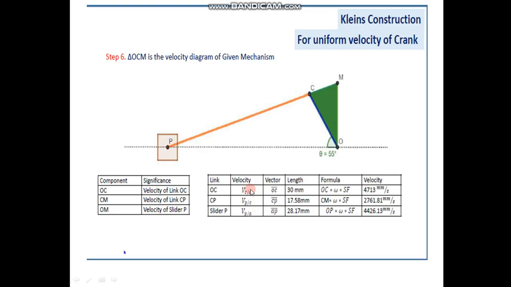So here velocity of C with respect to O, that is the crank, is equal to this OC length. That's why we multiply by scale, because the length is drawn with scale. OC into scale into omega. Very simple, just length into omega. CP is the connecting rod, CM represents connecting rod, CM into omega; OM into omega is velocity of piston. So this will be velocity of crank, velocity of connecting rod, and velocity of piston. It is all about Klein's construction for velocity polygon.